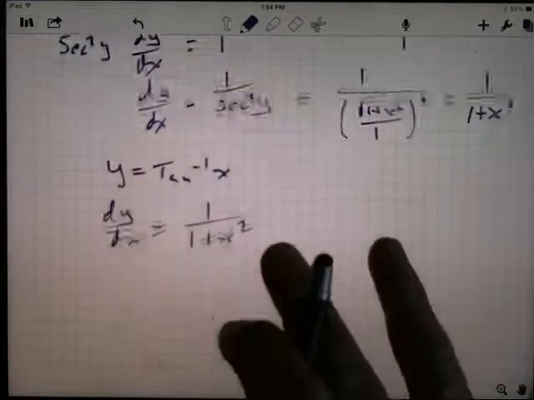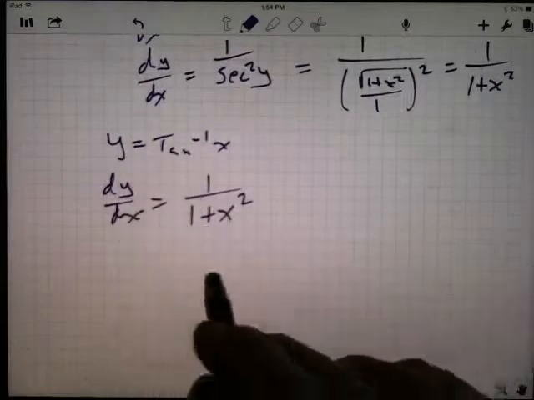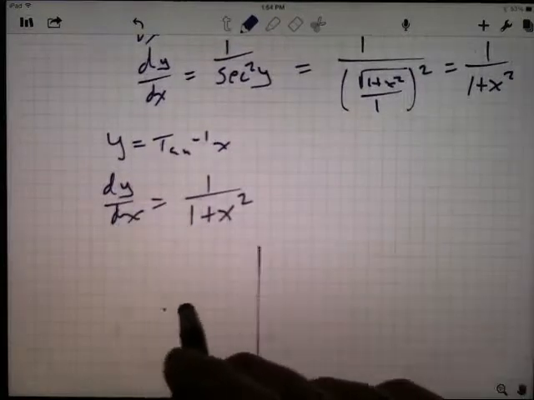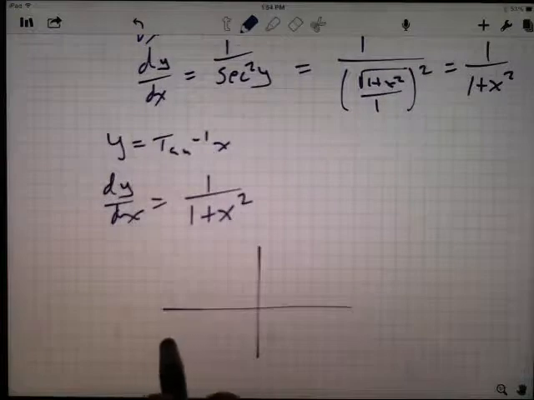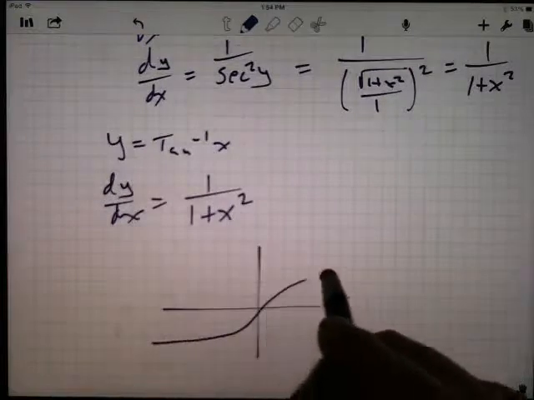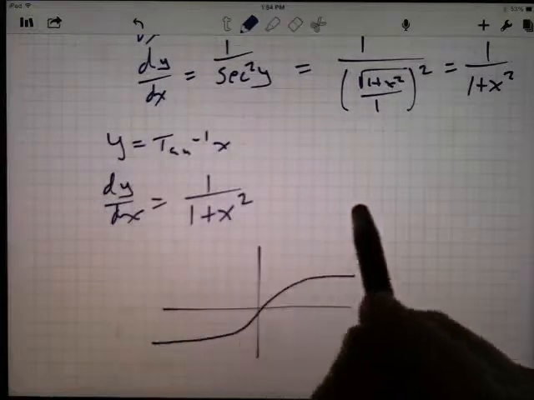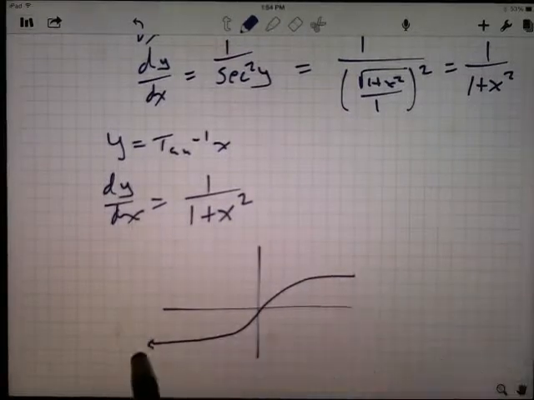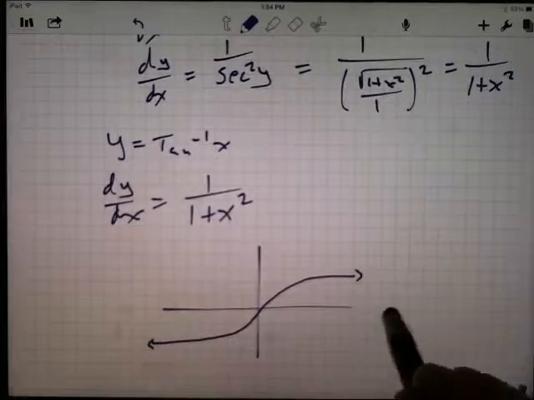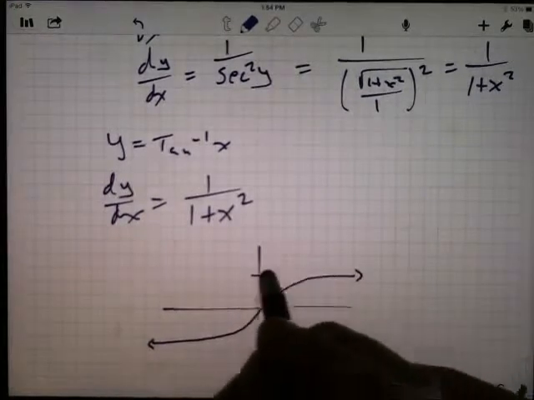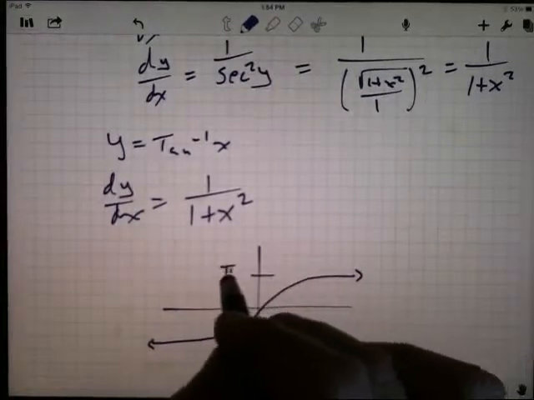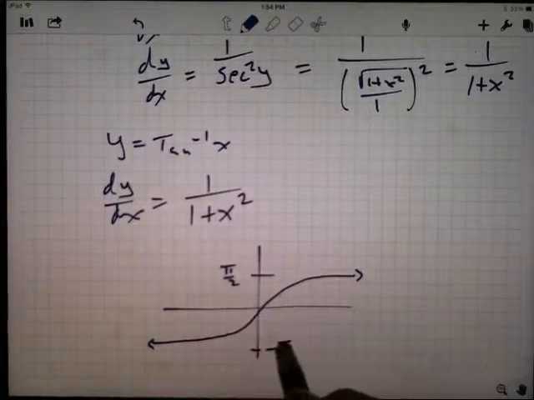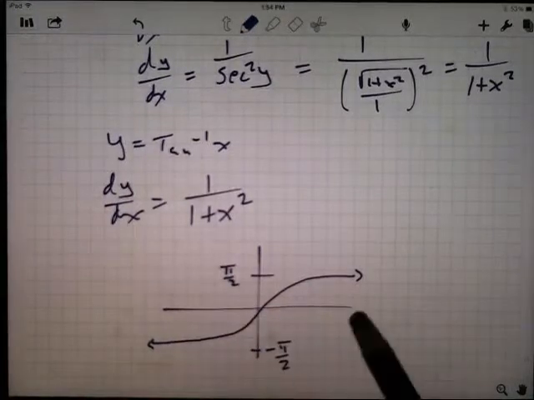Notice, though, that this function really does look right, because when I look at the graph of the inverse tangent, it's a sideways tangent curve, right? If I kept going, I could keep drawing that tangent curve up the y-axis. It heads all the way off to minus infinity and plus infinity in the x direction. It's got a horizontal asymptote of pi over 2 on the top and of minus pi over 2 on the bottom. So if I look at the derivative, if I look at what the slope of the tangent line is doing,